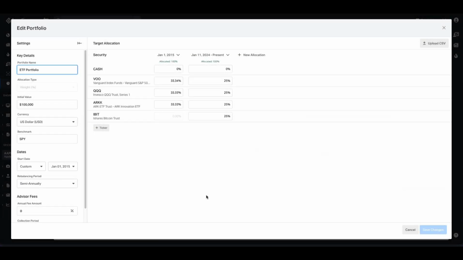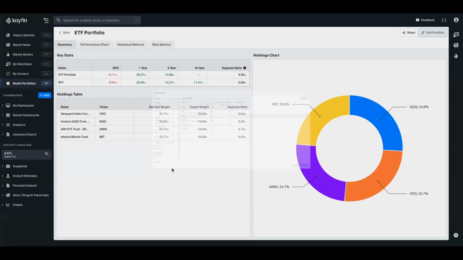So you see in the setup of this very basic portfolio, I've added S&P 500, the NASDAQ 100, some ARK Innovation, and then on January 11th, I added some Bitcoin Trust ETF exposure as well and equally weighted those. When I went and saved the changes, now in Koyfin, we show you the expense ratio of those individual funds as well as the portfolio weighted average expense ratio. So we can see here that my portfolio relative to the S&P has an expense ratio of 0.3% compared to 0.09%. This should help you tweak your portfolio and figure out if you're paying over the odds for the exposure